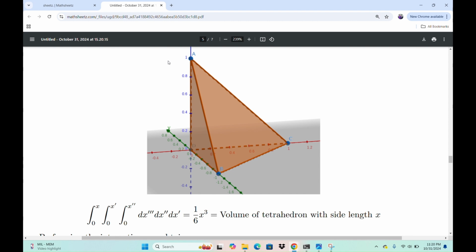And this process will be continued. This is the geometric realization of integrating the error term, okay? And so I'm going to get some higher order polynomial, in this case x cubed over 3 factorial. If I integrate it again, I'm going to get the volume of a 4-dimensional tetrahedron, and it's going to be x to the 4th over 4 factorial, and so on and so forth.